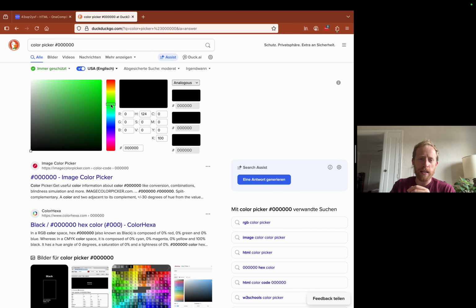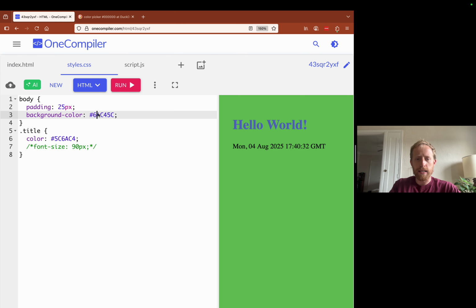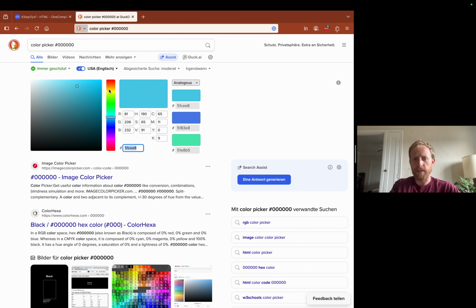You say, what is the exact color I want? I want it to be green. I want it to be bluish, and I like this shade with this amount of black, or this amount of white, and so on. You figure out the exact one you want, and then you can just copy and paste it right out of here. So now if I copy and paste it right into this, boom. Now it should be this background color, which is the same as this color here. Google comes with a color picker, though I'm on DuckDuckGo, so you can figure out what you want, and then it'll translate that to hexadecimal, which is just a way that the machine knows what this color corresponds to.